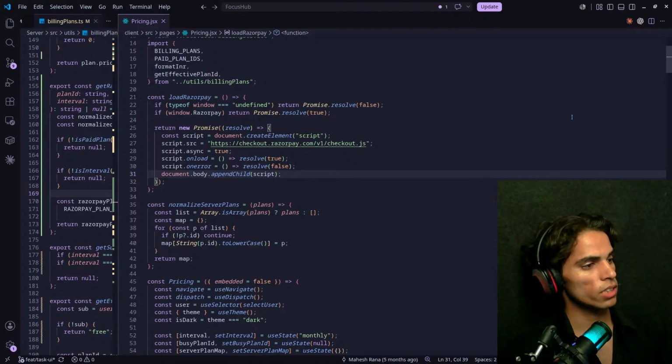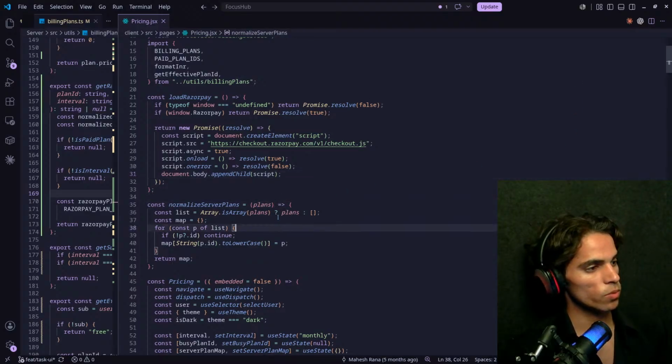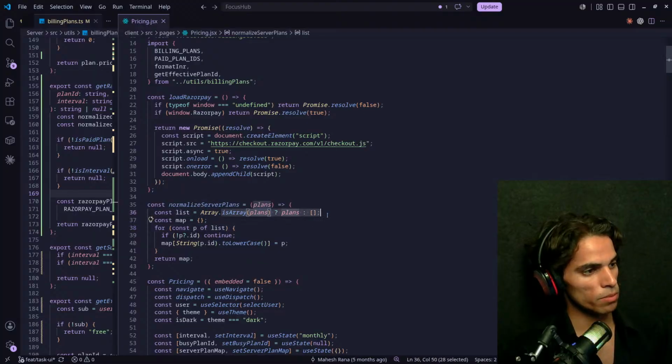Then we have normalizeServerPlans. So we will pass our plans inside that. Then what we are going to do, we will get a list using Array.isArray(plans), and if we have this, then we will return the plans, otherwise we are going to return an empty array. Then we have a map. Okay, map will be an empty object, for const p of list. Now we will have a single plan from this list, and then what we are going to do, if p.id,